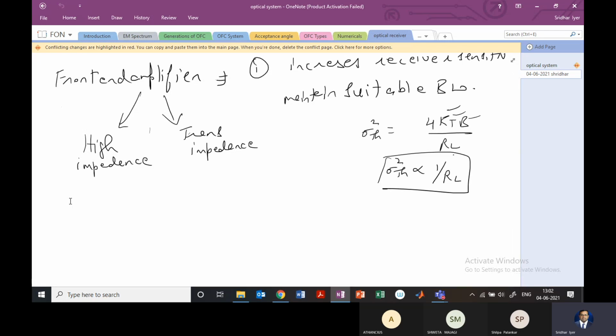Okay. So we are discussing the high impedance amplifier. So we'll have more details of these amplifiers in module 4 when we speak about the most popular optical amplifier. It's called an erbium doped fiber amplifier. But just to see what can be used,